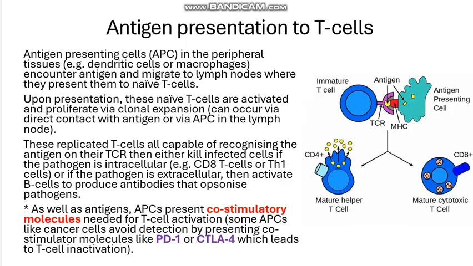This can occur in the lymph node when antigen-presenting cells present antigens to these naive T cells, or it can happen if the naive T cells are just wandering about throughout the body in the lymph vessels or wherever, or in the tissues. These replicated T cells are all capable of recognizing the antigen on their T cell receptor because the clonal expansion will only occur if the naive T cells have a T cell receptor that recognizes the specific antigen. So if it has a variable region with a complementary shape,